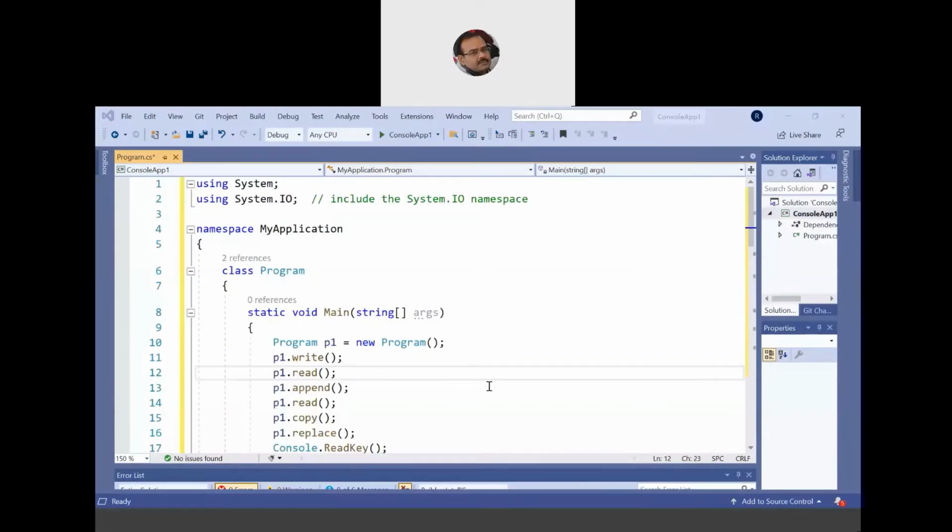Now, if you look at the top right at the start, we'll have the System namespace or System.IO. System.IO is something which we have not used as of now, and this is a namespace exclusively provided for the file handling part. So this is something which we have to include, which we have not used till now. So using System.IO. Then we design our own namespace by the name, let's say, MyApplication. Then we define a class by the name Program, and then we define a main function, static void Main(string[] args).